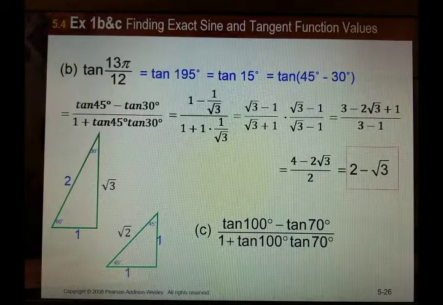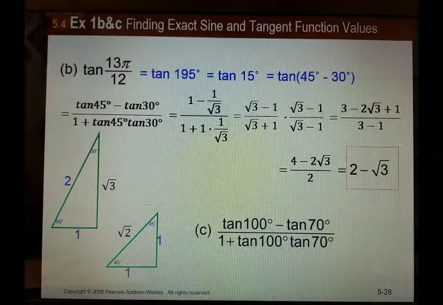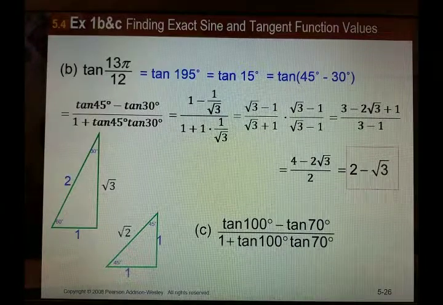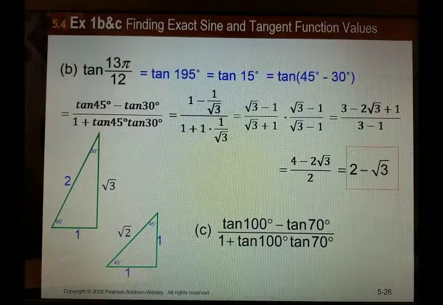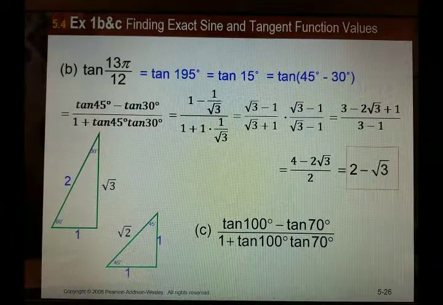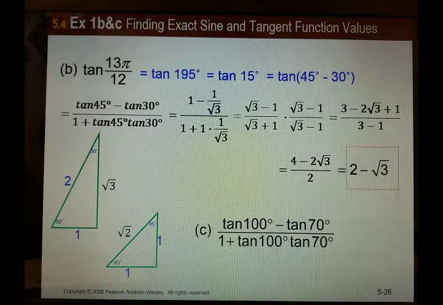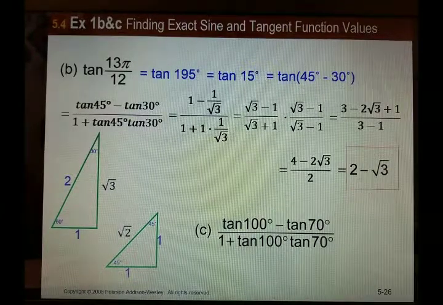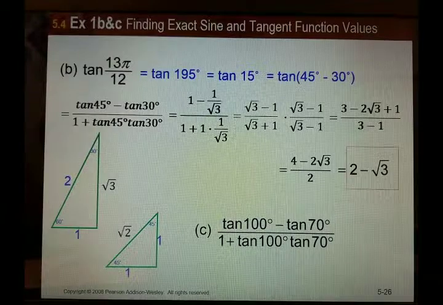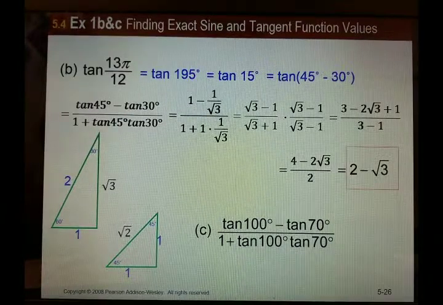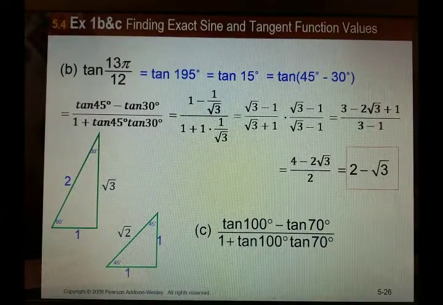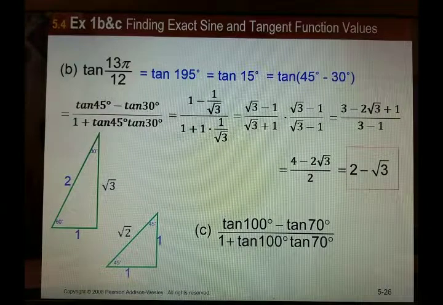Now, C, you'll notice, is another one of those kind of like it's going backwards. See, because I don't know the tangent of 70. I don't know the tangent of 100. To get 70, we're using only 30, 45, and 60. I really can't get 70 out of that, even if I try to throw in a 90 or a 180, because I know those as well. Same thing for 100. I can't get 100 using 30, 60, 45, 90, you know, some sort of sum or